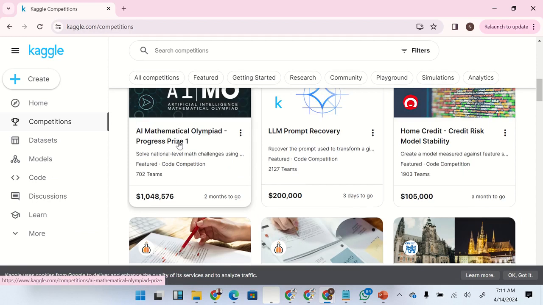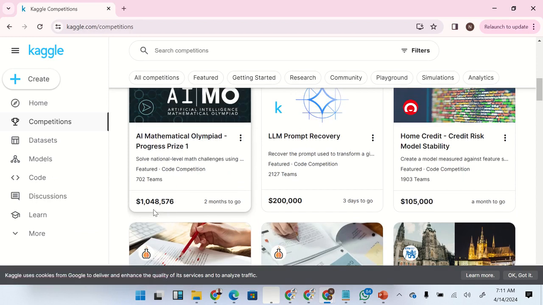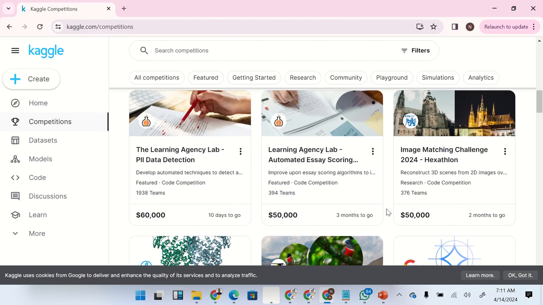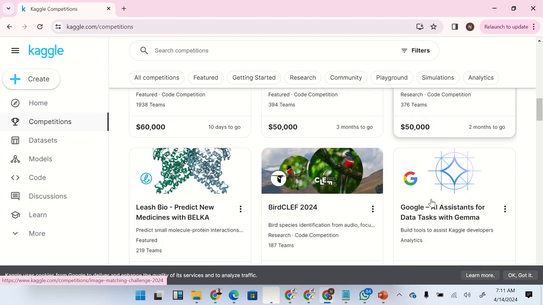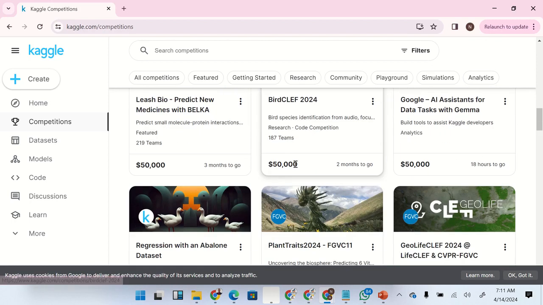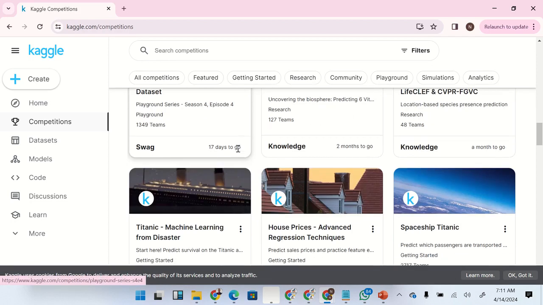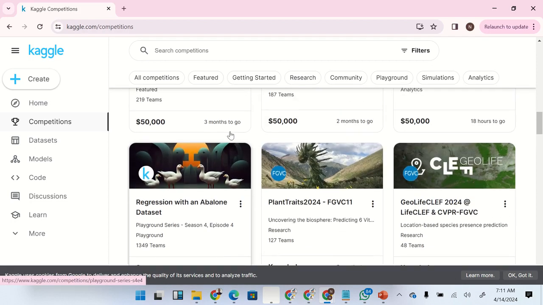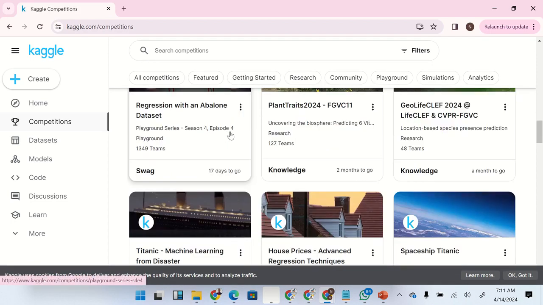As you can see here, this is a little bit above $1 million competition. This is a $200,000 competition. This is around a $100,000 competition, about 60. So there are different competitions that one can join, and if you are lucky enough, you can win the prize.